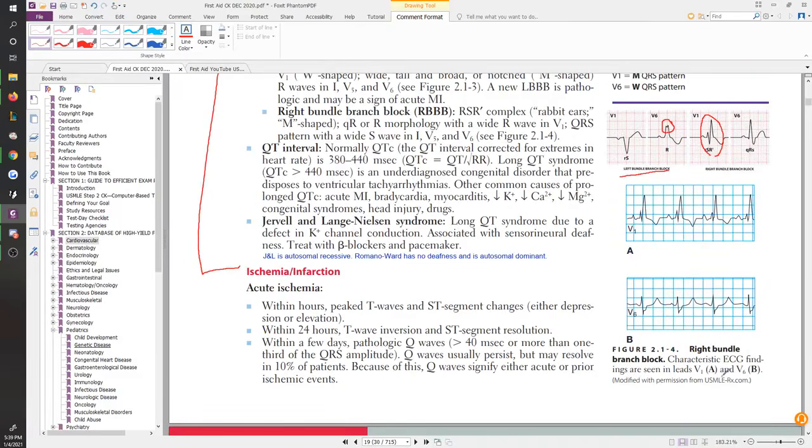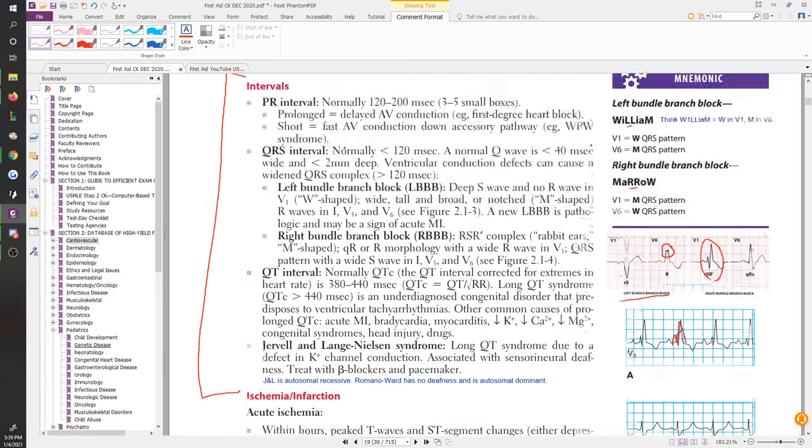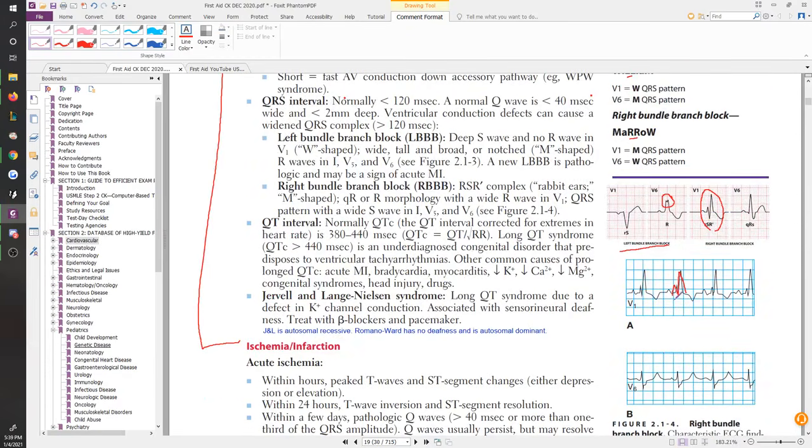So in the book itself, they have, again, a right bundle branch block, and immediately in the V1, you can see there's an M happening, right? So there's 4 different complexes here, so if I trace it in this middle one, it's just like that. That's your M. Okay, so you're seeing that, and then because Marrow is supposed to have a W in V6, but that's often very difficult to catch. So they've drawn a couple complexes here. If I trace it for you, it's basically looking like that. That's not the prettiest W in my opinion, so it's not the easiest one to catch either. I depend more on finding the M, right? That's what I do for most ECGs.